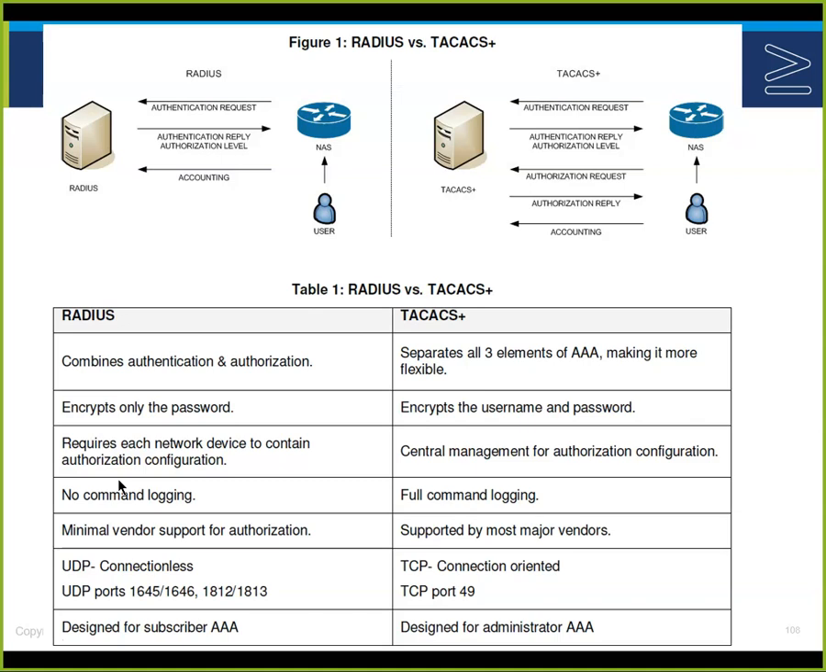No command logging on Radius. Full command logging on TACACS. Minimal vendor support for Radius, it says, and TACACS is supported on most major vendors. Radius is a UDP connectionless protocol. UDP ports 1645, 1646, 1812, 1813. 1645 and 1646 were the old, original ports for these things. And the newer systems, you're going to see 1812 and 1813, except in Packet Tracer, where it will be 16. It's designed for the AAA subscriber. Back to TACACS. It uses TCP. It's connection oriented. TCP port 49, and it's designed more for